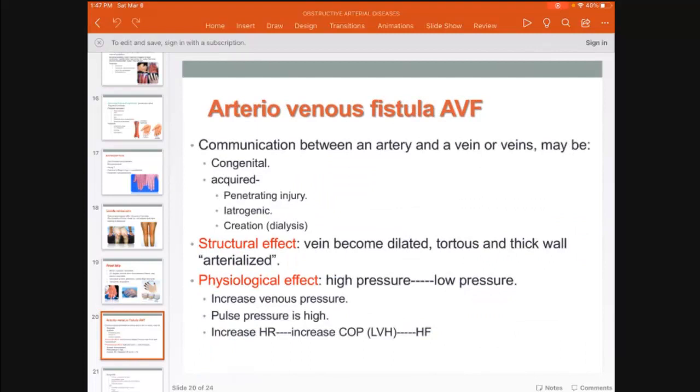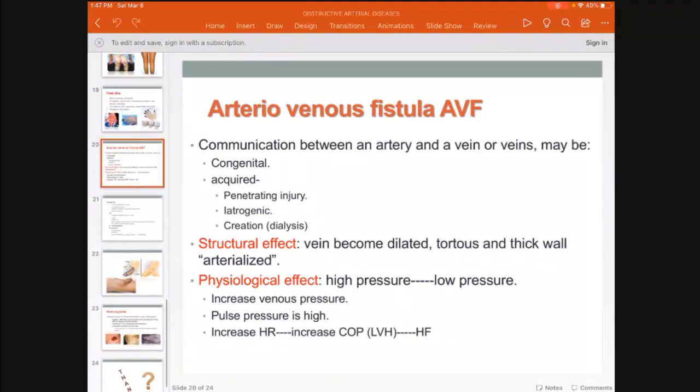Another entity we have in the vascular disease is the arteriovenous fistula. This is a communication between an artery and vein or veins, either congenital or acquired. Acquired, how it occurs, either by penetrating injury or iatrogenic. We do it in hemodialysis with chronic renal failure, or we create